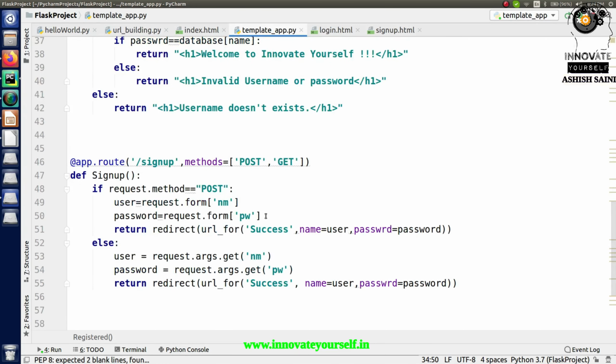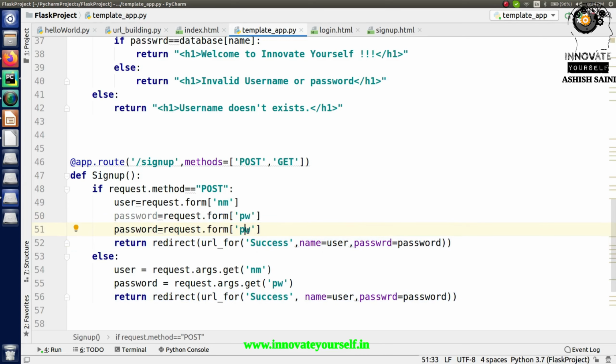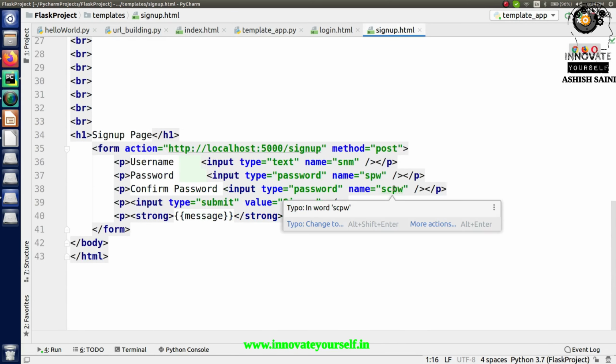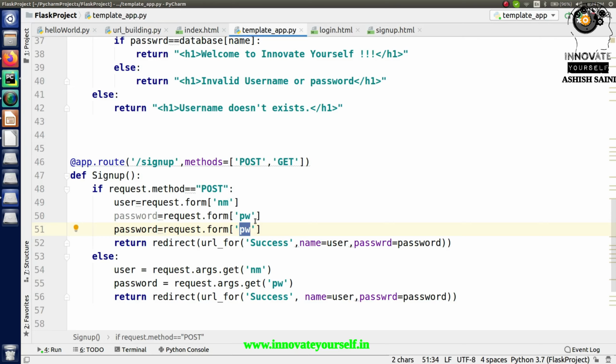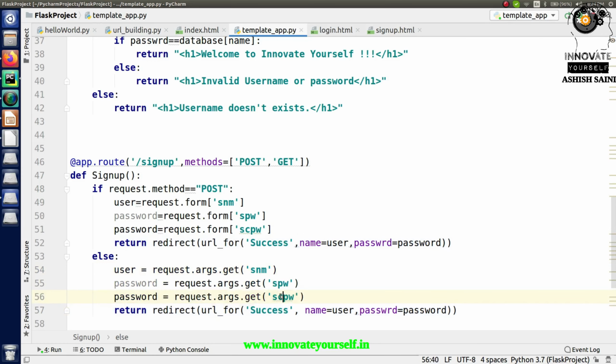And in here just add one more thing. What I have written in here is SNM, SPW, SCPW. SCPW.